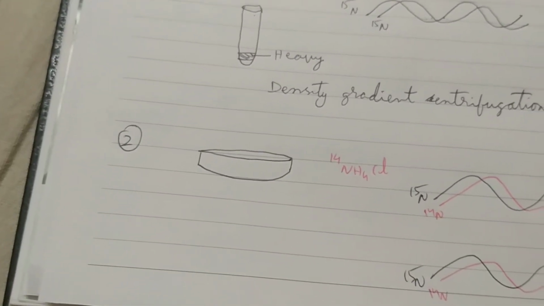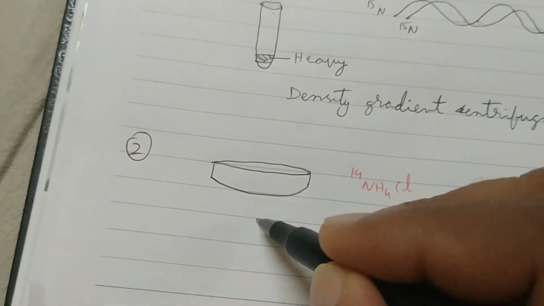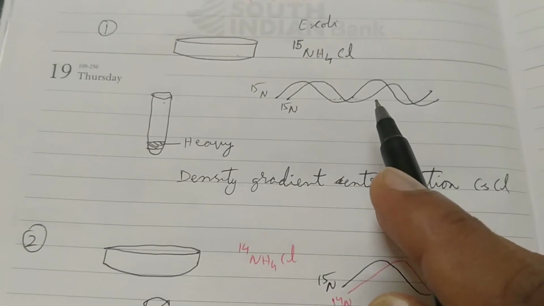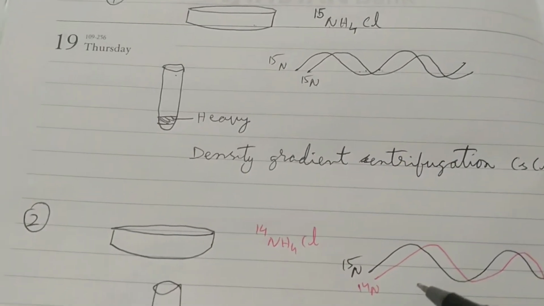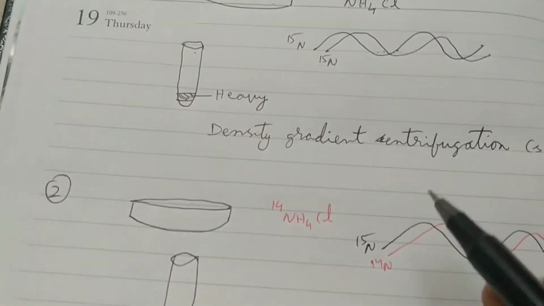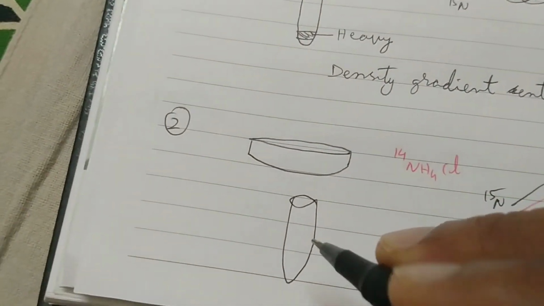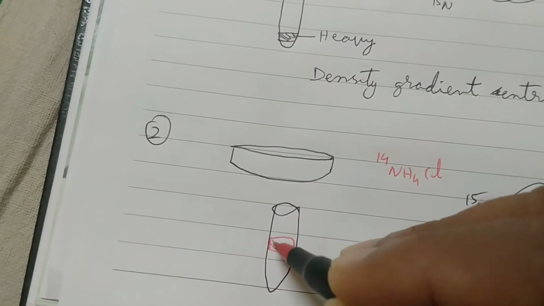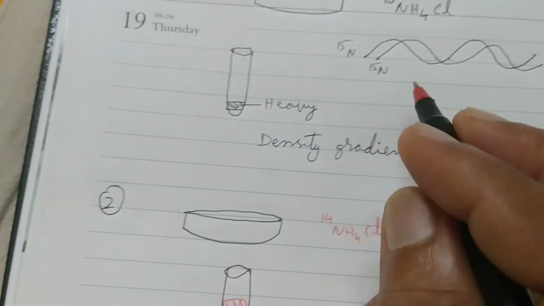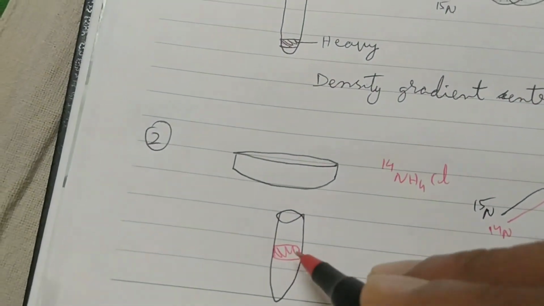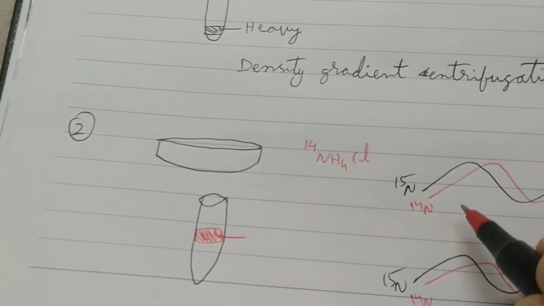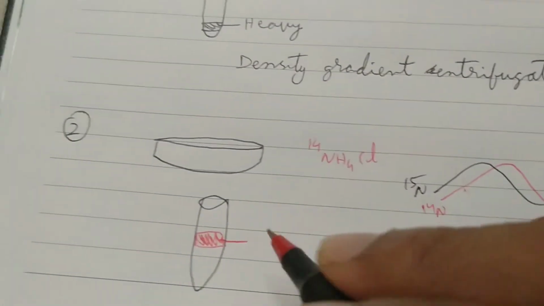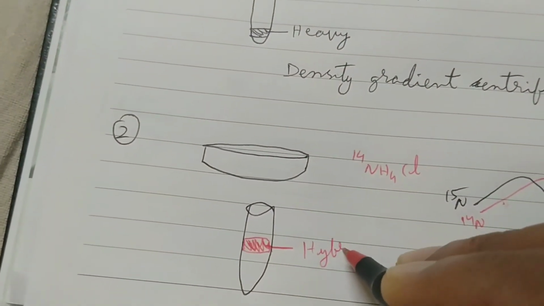So when they do a density gradient centrifugation, what will happen? Here this is having lesser density than this one, because here both are N15, but here one is N15 and one is N14. So they form a band just above the previous one, because the previous one was heavier, as both are N15, but here it is a little bit lighter than that, and since it has one N15 and one N14, it is like a hybrid. So this band is called a hybrid band.